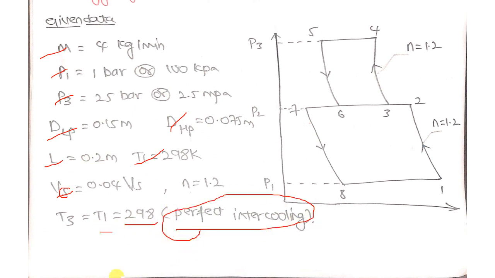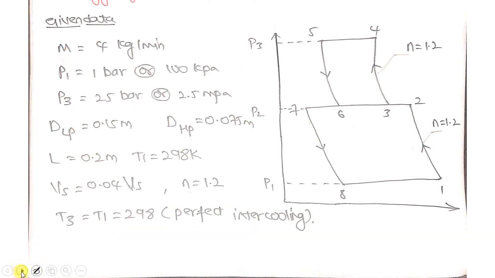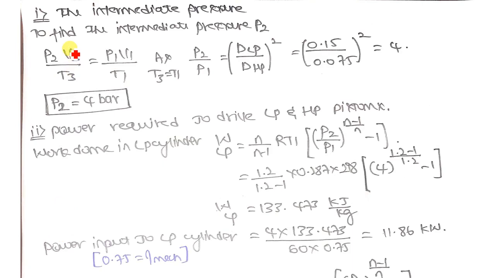Now, for the intermediate pressure, you cannot use Pi equals square root of P1 into P2, because the problem clearly specifies that you should not use the optimal pressure condition. Without using that, how to calculate? Just equate the PVT of both the expressions, which is given as P2 into V3 divided by T3 equals P1 V1 divided by T1, because T3 equals T1 here.